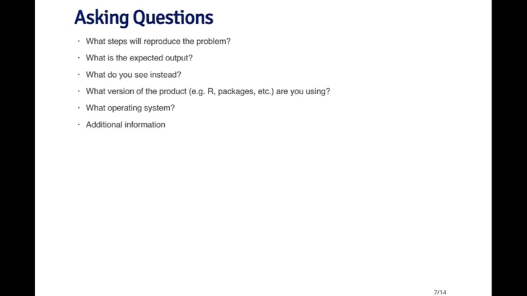Other information that's important to specify when you're asking a question is the version of the product you're using. So, for example, what version of R are you using? What version of the R packages are you using, if it's specific to a given package? Often there may be legitimate bugs in older versions of R or R packages, and your problem might be solvable if you just upgrade to the latest version. So, if you're using the latest version of R, it's important to mention that. Sometimes it's important to know what operating system you're using, whether you're using a Mac or Windows or Linux or some other Unix machine. Some problems can be traced to the type of operating system that you're using, and depending on the question that you have, there may be additional information that you need to provide.